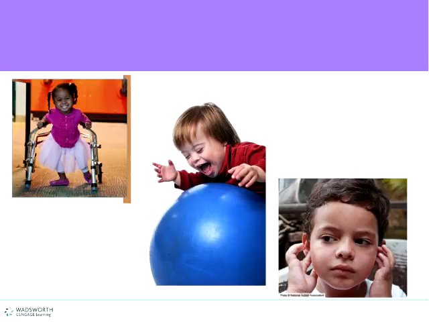And here we have a little boy that doesn't have an outward disability. So do you have any idea what might be going on with this little boy just from looking at him? I'll see if you guys can guess. Bingo, exactly, Katrina.